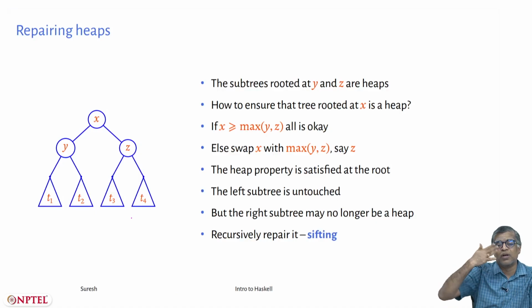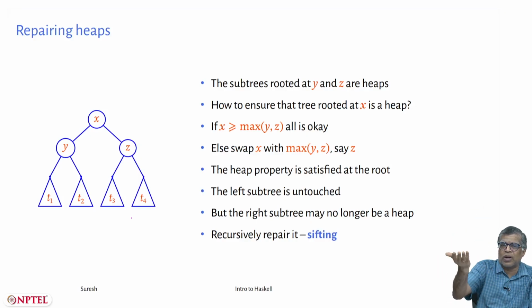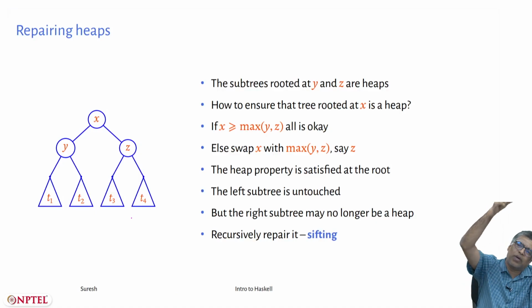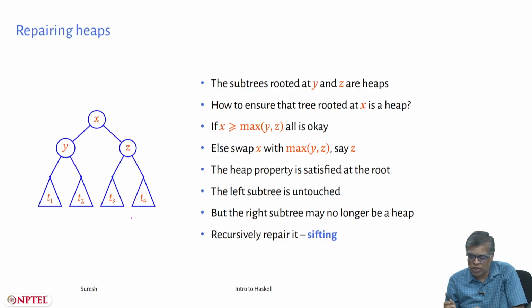Imagine that you have a sieve and then you have some sand or whatever, and you keep on shaking it, all the lighter particles will go down, and maybe there is another level of sieve. So you keep on shaking that, so you are separating these into various levels. So the smaller things will keep going down. Imagine that there are lots of sieves, you will keep on going down till you find your place. Okay, so that is the point. This is sifting.